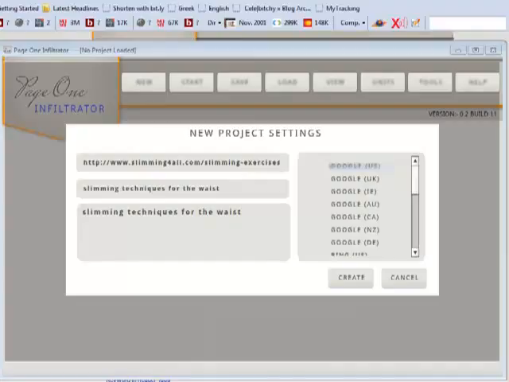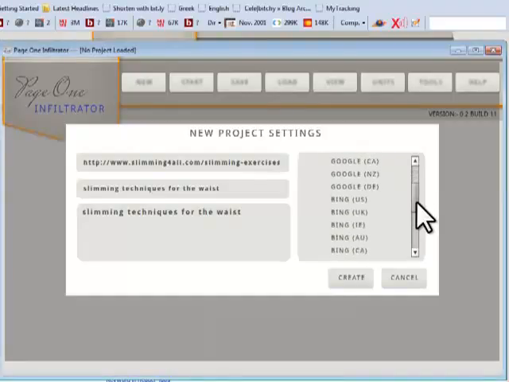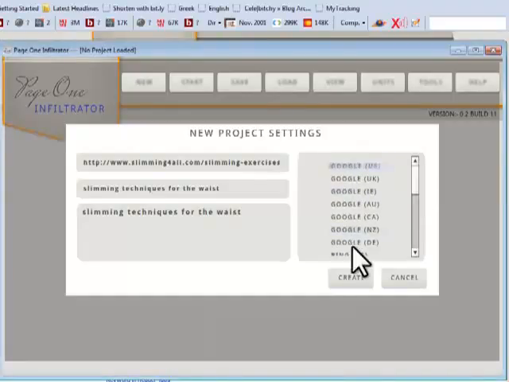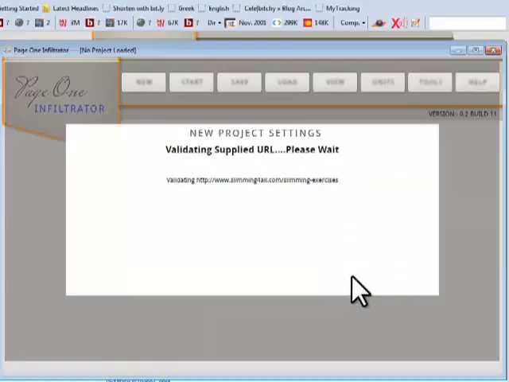Okay, let's take a little look around Page One Infiltrator. Now, I've already filled in the details for you, and you can see it's very, very simple. You simply add in the URL of the web page that you wish to be analyzed. You add in the keyword that you want to rank for and just give it a title. Okay, we can select, in this case I select Google US searches, but you could select different countries and different search engines, but we're going to go for Google, and we simply click create,